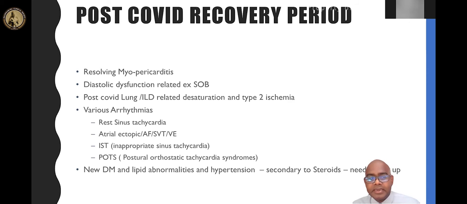The simple reason is most of the patients with interstitial lung disease or post-COVID lung involvement are given steroids. So these steroids could cause new onset diabetes or high sugar levels, and sometimes lipid abnormalities and transient hypertension. But whether it's going to be secondary to steroid effects or long-term effects, you have to follow these patients up in a regular manner with these blood investigations.